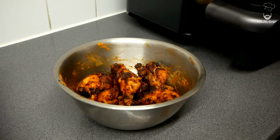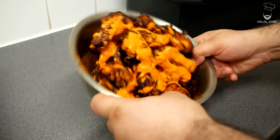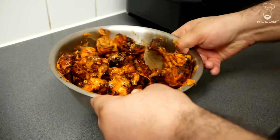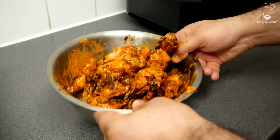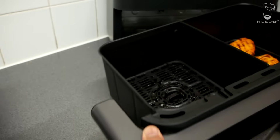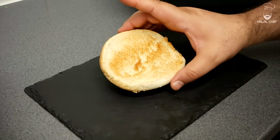So the wings are done now. Again, I'm just gonna remove it into the same bowl. I'm gonna let the breast cook for a little bit more. Our chicken fillets are done. It looks absolutely delicious. And now for the peri peri chicken burger, you wanna grab your toasted bun, go in